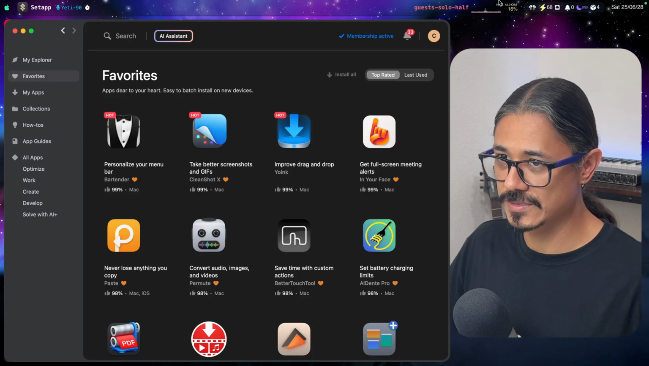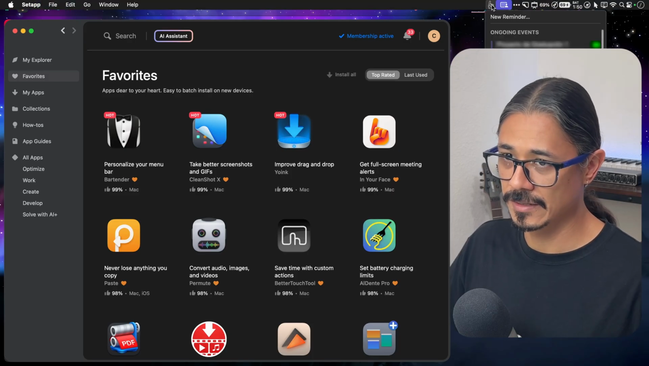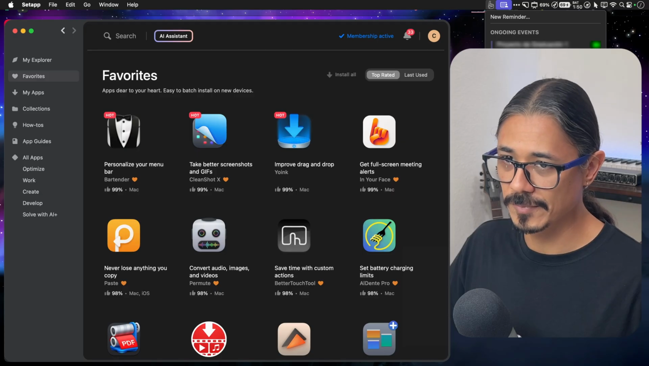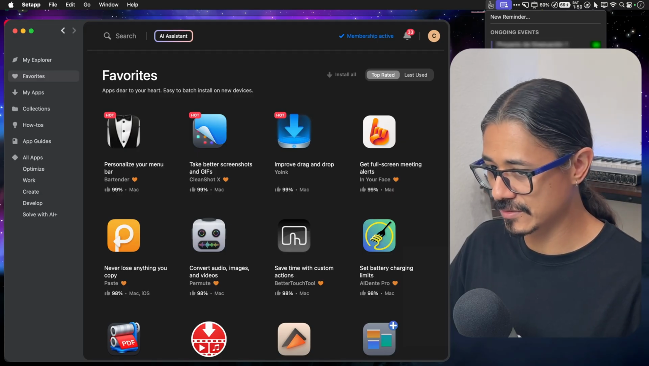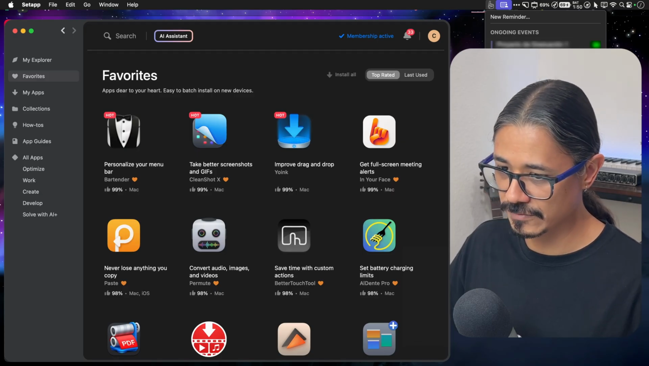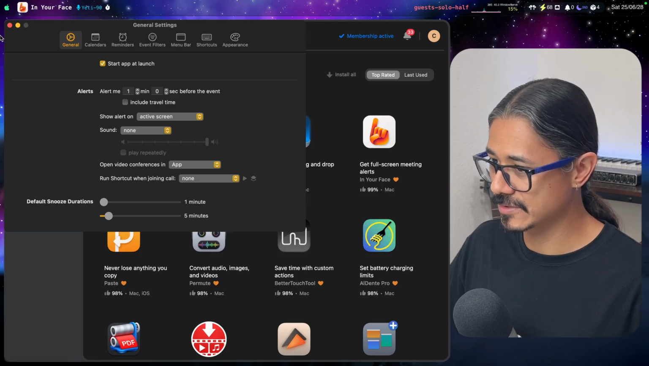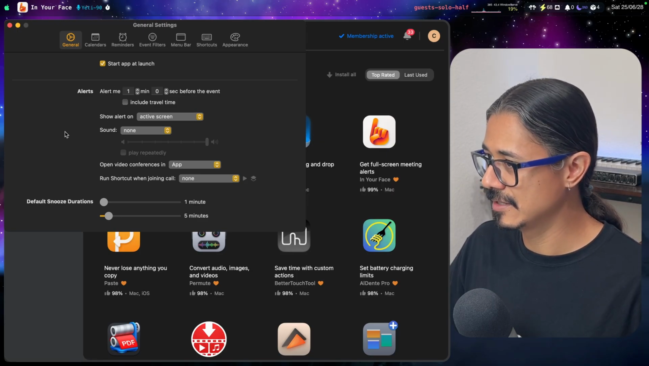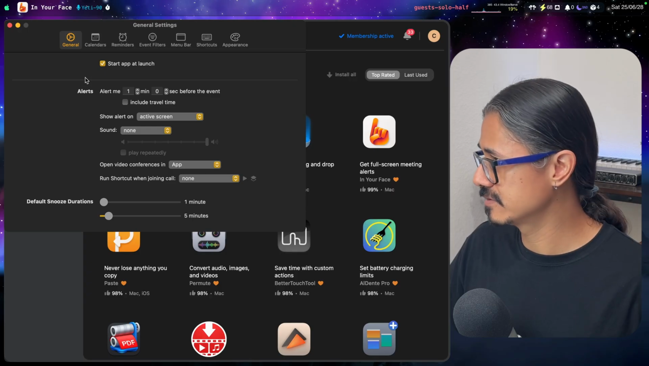So let me go to the settings real quick. If I click on it, notice that this privacy mode is selected, so it blurs all the meetings just in case you're sharing your screen or something. So if we go to settings, you'll be able to see the different settings. This is the general tab. Nothing changed here. If I click on calendars, you can see the list of